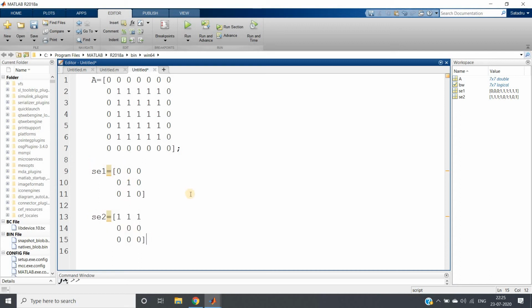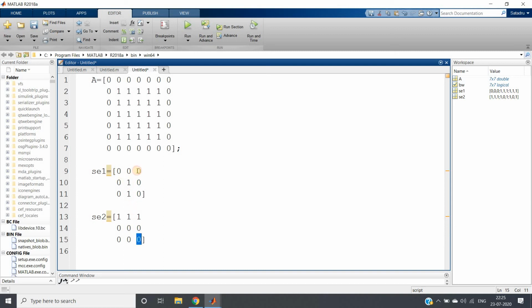Now you may ask what happened, because we know that whatever structuring element we take for the foreground, the reverse should be taken for the background, but it is not happening. This particular SE2 is not the complement of SE1. That's the concept of don't care. If you are taking the same pixel at the same location in both structuring elements, for foreground and background, then the computer will treat that particular part as don't care. Like this, here is 0, here is 0, so this is don't care. Here is 0, here is 0, so this is don't care. Here is 0, here is 0, this is don't care. Here is 0, here is 0, this is don't care.